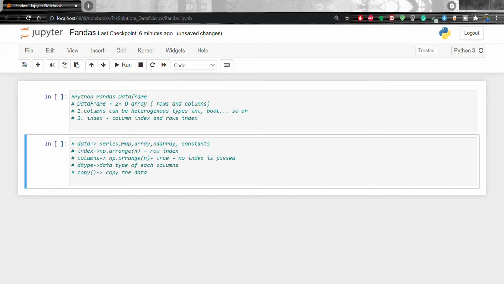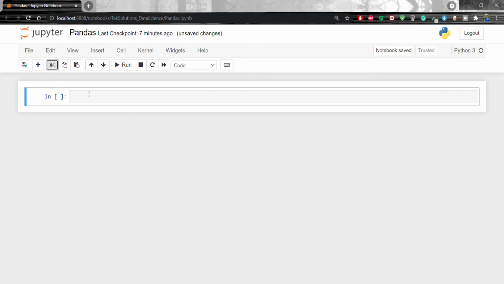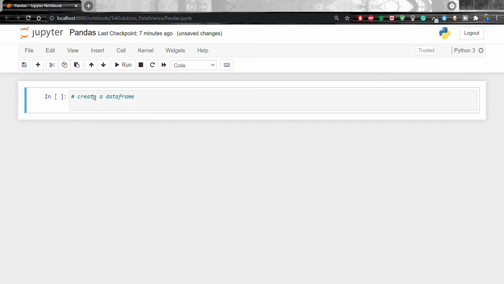So now I am going to create a data frame. So let's remove everything. Create a data frame. So how are we going to create a data frame? There are different ways that we can create a data frame.